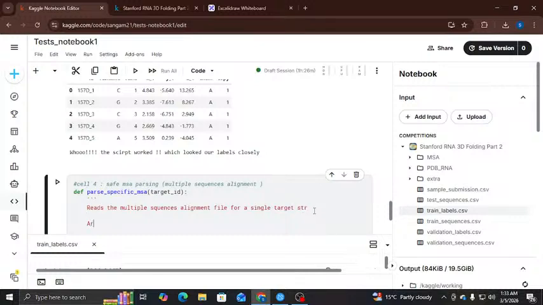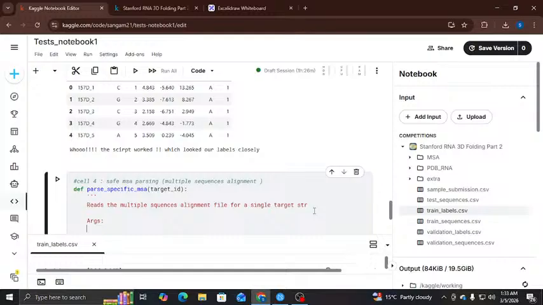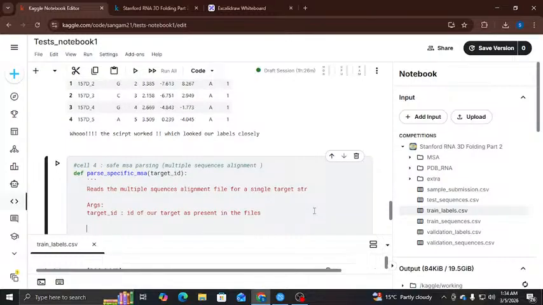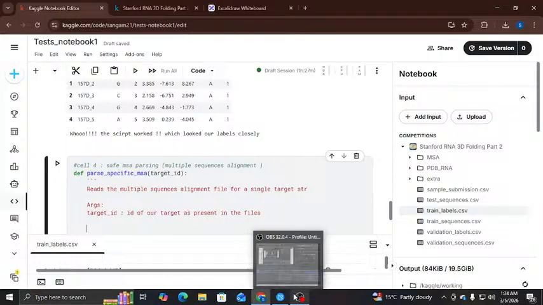And what our argument is, first of all, target id. Let's say the id of our target as present in the files. And the next thing, that is the